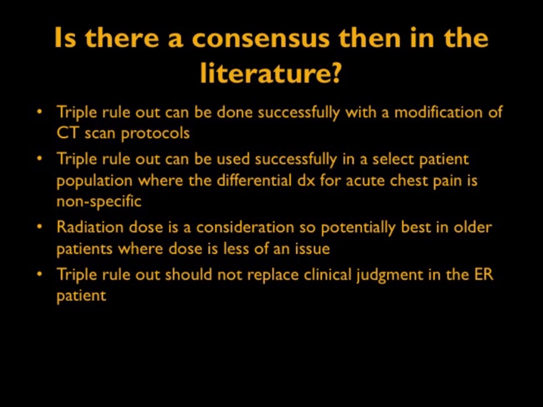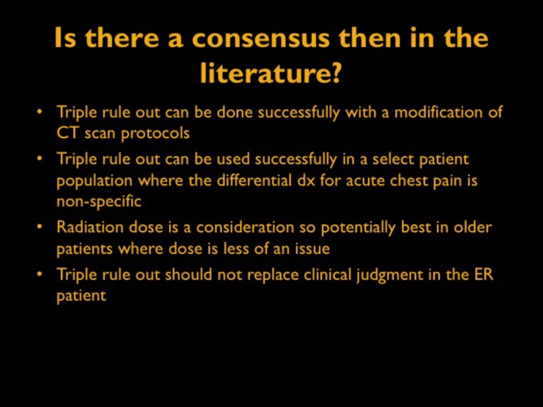So there is some controversy. I will tell you at Hopkins we do use triple rule-out. I do find it to be helpful. Clinicians find it to be helpful in certain select groups of patients where it's difficult to really triage them. So now with our fast scanners, it can be done successfully with modification of protocols. It can be used successfully in a select population where the differential diagnosis for acute chest pain is nonspecific. Radiation dose is a consideration, so it's best used in older patients and is best used in newer scanners, which